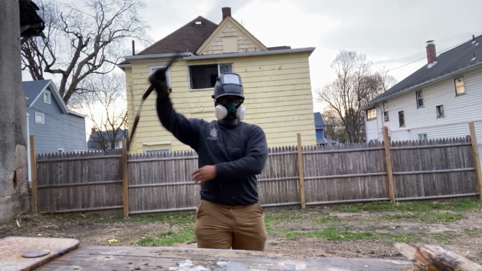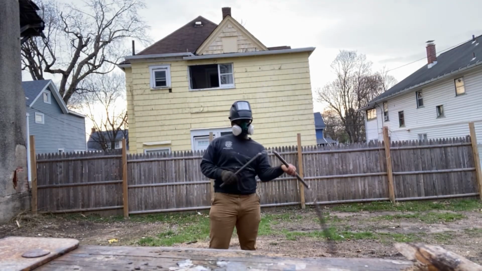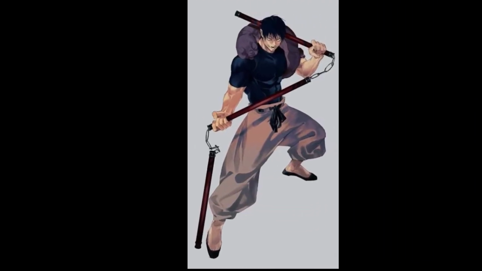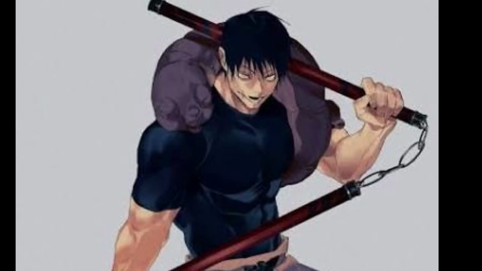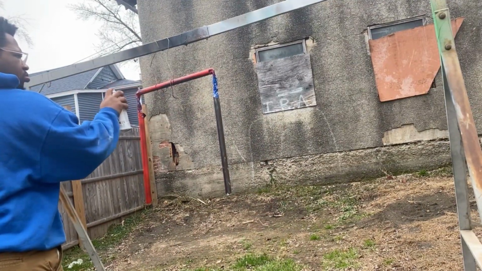So I give it a few more test swings just to make sure it wasn't coming apart. As you can see, it swings pretty well. I was pretty happy with the result. Now, if we go back to our reference photo, we now have the chains and the bars, but now we need the colors. So I strapped up the 3-section staff on my bondage swing and painted it with red spray